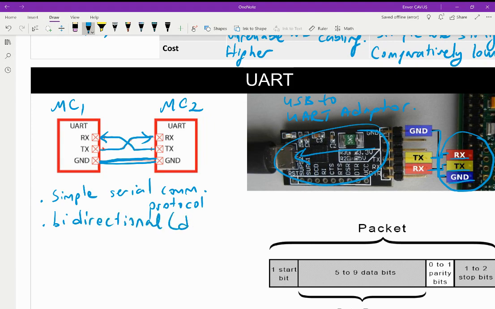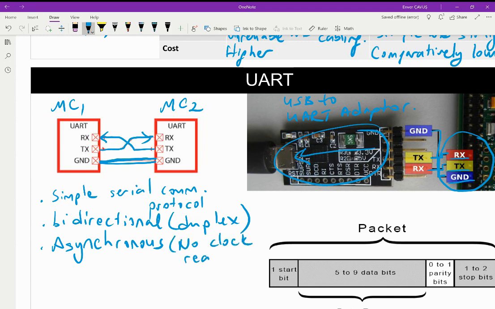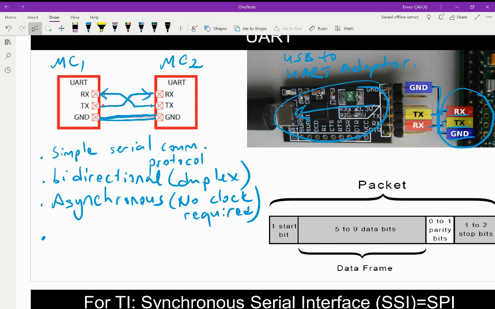So you can call it duplex. And it is not synchronous, so it is asynchronous. It does asynchronous transmission, so no clock required in UART. So we have only RX, TX, and ground pins. But in order for synchronization, it uses